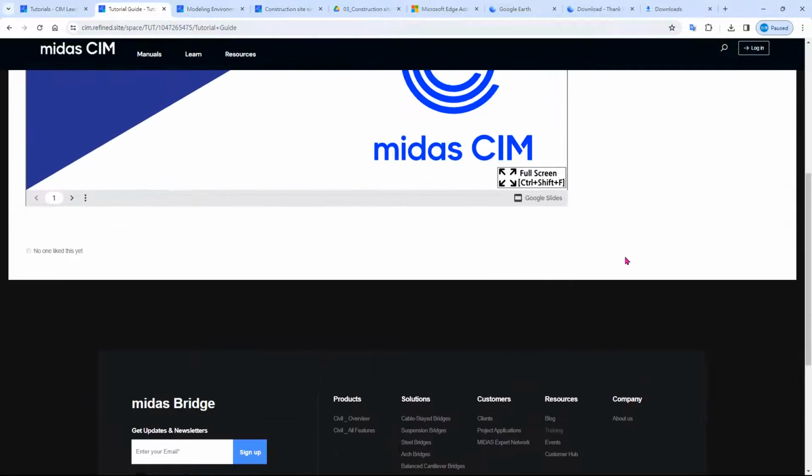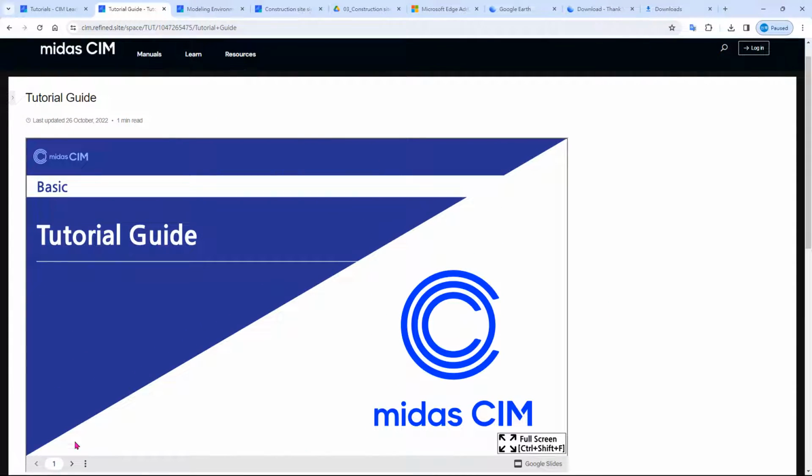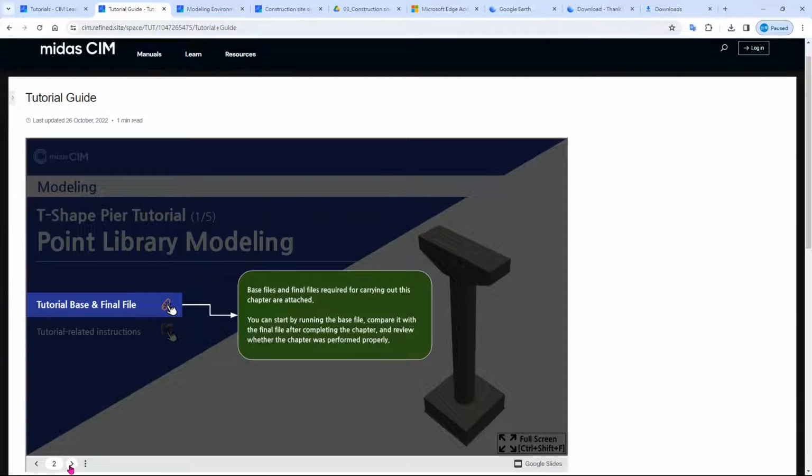As you can see here, you can click on like this to do the next. So if you have been opening the tutorial, you will see the slide like this, and you can see that each tutorial will have a tutorial base and final file. So this is like the before and after of the file.